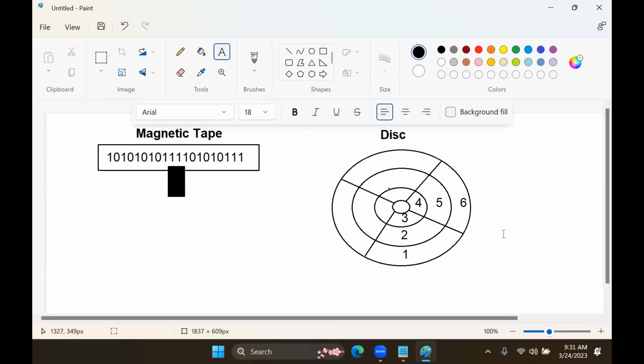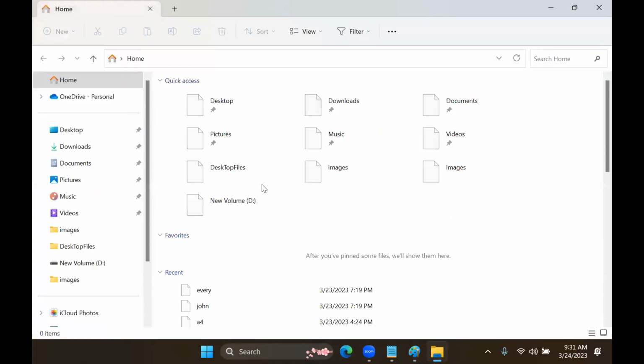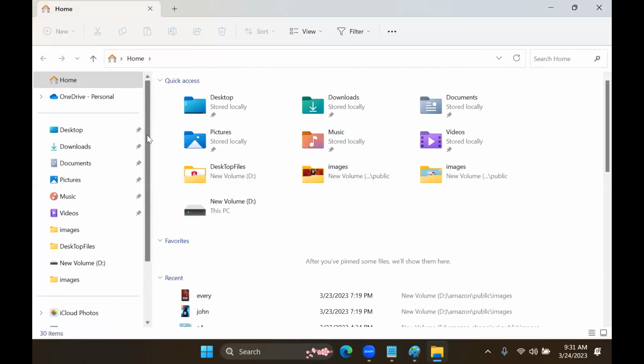Data is not stored in a spiral way. Data is stored like this. Actually, I will show you a diagram. Internally, a hard disk